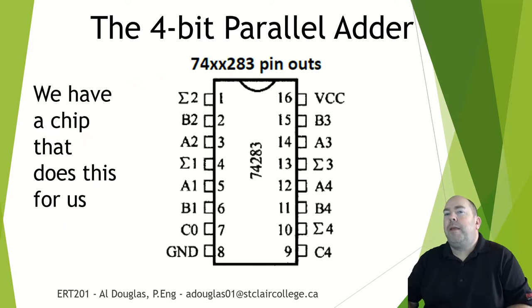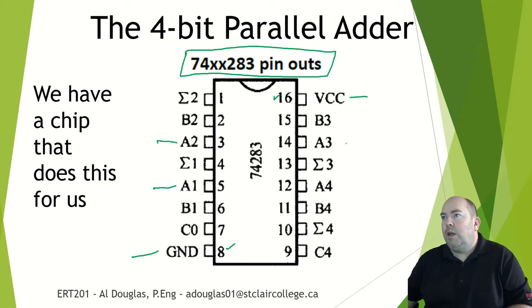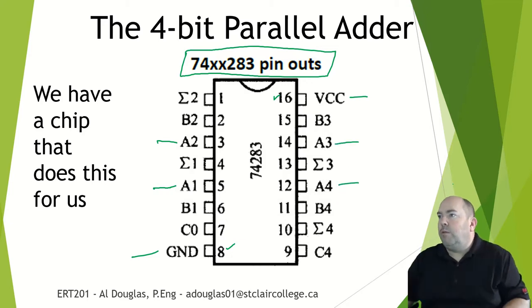Okay. Now the way this works, we actually have a chip that does this for us. We're going to use the 283 chip. We actually have this in Tinkercad as well. So the way this is laid out, you will see we have power, we have ground. This is a 16-pin chip, so ground is on 8, power is on 16. And the inputs going to this, we have A1, A2, A3, and A4. So what that represents, if we have two numbers being added,